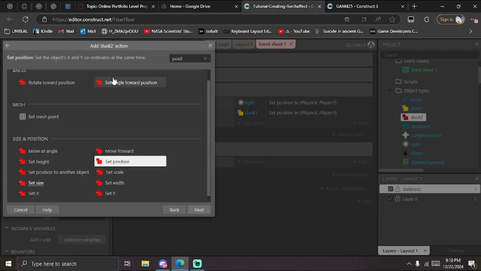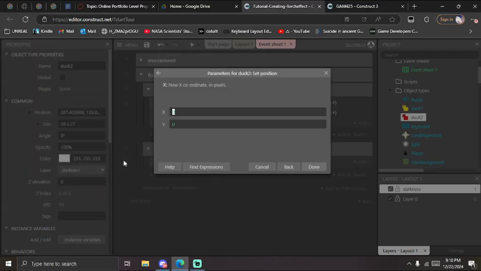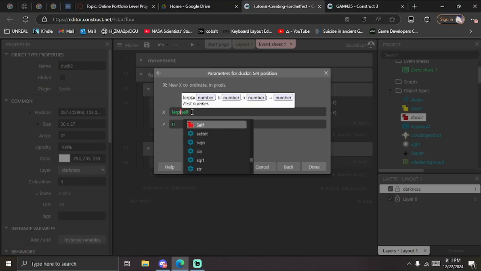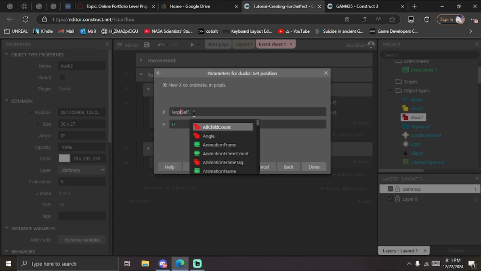So I'm going to set my second duck, duck 2's position, and I'm going to use lerp. What lerp is, it's a math function that lets you find a value between two other values, pretty much. In this case, I want my first value to be self, which is going to be that duck 2. You could also type in duck 2, but I don't want to. Self.x, and I want my second value to be player.x,